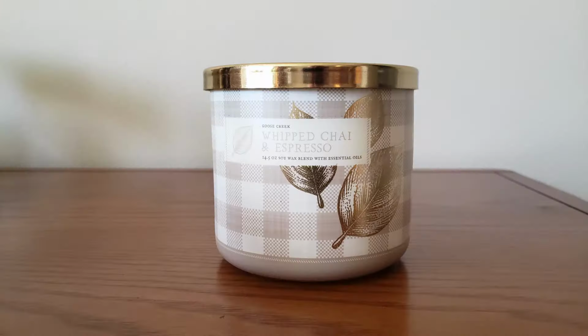Okay, and the last 3-wick candle that I picked up was this whipped chai and espresso. And this is chai spices, whipped vanilla, and brown sugar. This is really heavy on those chai spices. Wow. Yeah, I wasn't expecting it to be that kind of spicy with the chai spices. And then there is a hint of vanilla in there, but the dominant scent that I'm getting is that